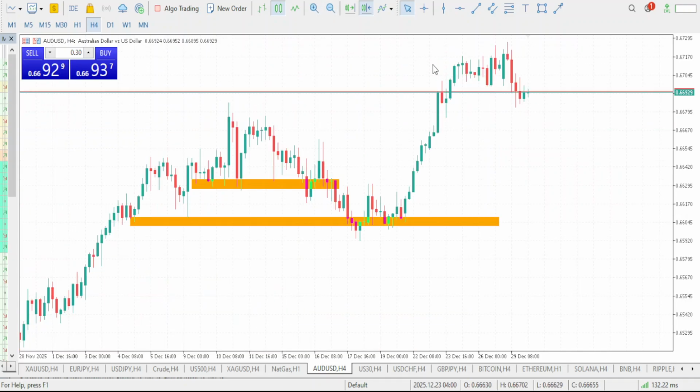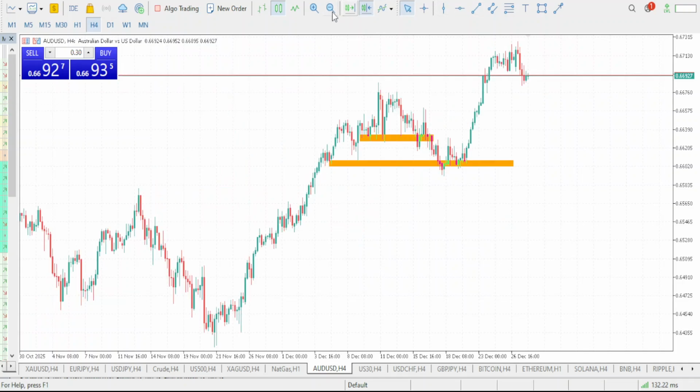So now let's take a look at what we'll be expecting next on AUD USD, US dollar. If you take a look at this AUD US dollar, we are very much in an uptrend move. Market is definitely giving us an uptrend move, right? So if you take a look at this moment here,